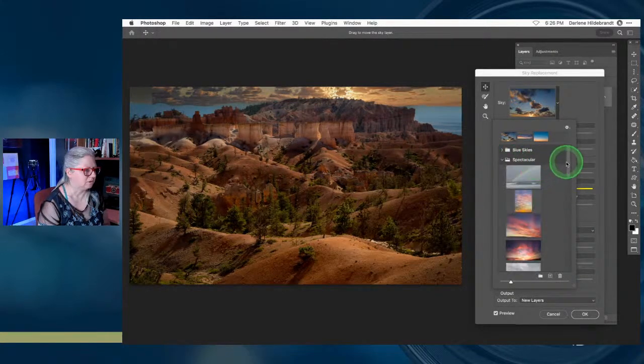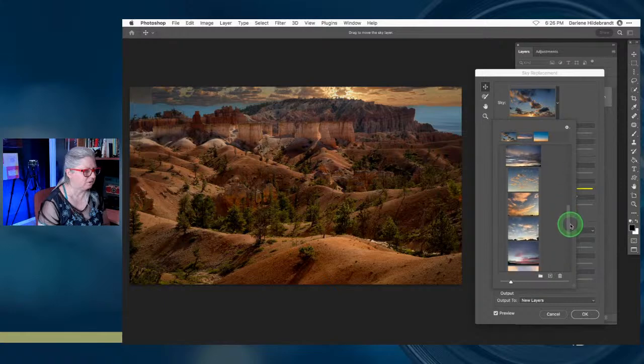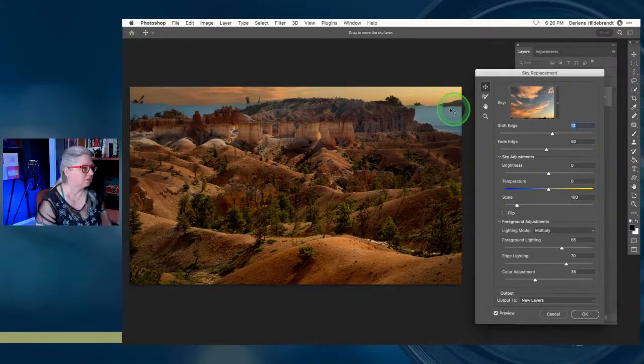Let's see what's in this one. They're all centered. Come on, give us one that's off-centered. This one might be closer. Let's see if this one's any closer. It's got